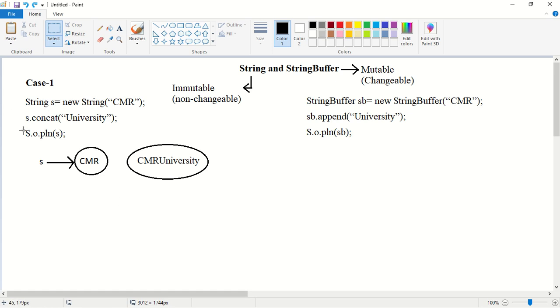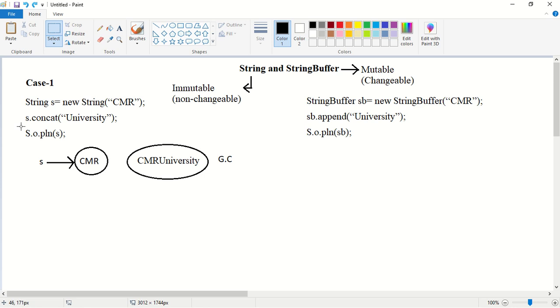No. In the statement we are not assigning any new reference variable to this string object, so by default this string object doesn't have any reference. You know that if an object doesn't have any reference, then it is eligible for garbage collection. So s is still pointing to CMR.